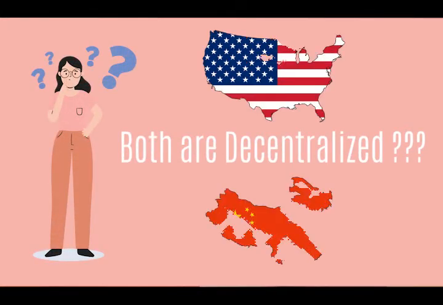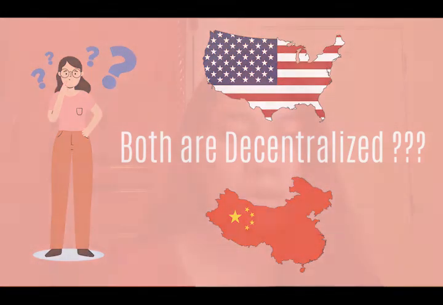Both the United States and China use the decentralized approach, but the outcome is very different. The individual states in the United States have a large degree of autonomy, while Chinese regions remain under state control, because the central government still maintains a certain degree of control, and the local authorities of China are under the close supervision of the central government, and their power is still limited.